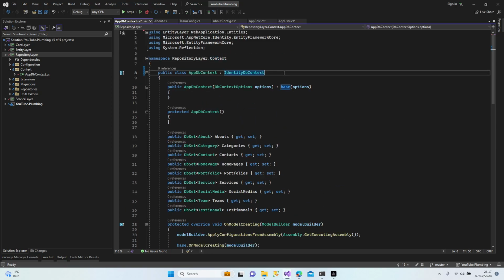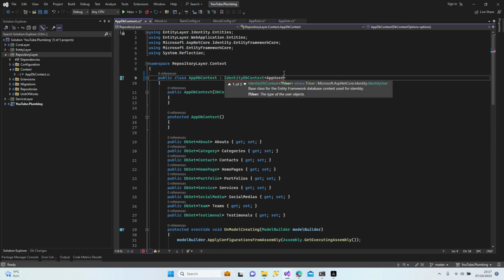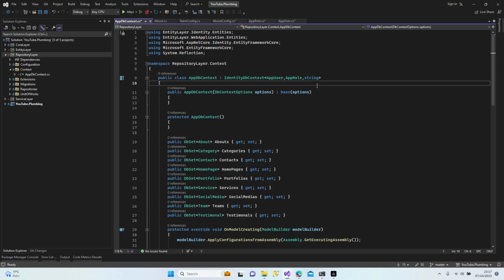Yeah, we just need to add app user and app role. We need to define, and this is the key which is going to be used for the ID. All right, so this configuration is all right. Now let's go to, is there anything else? No, let's go back to